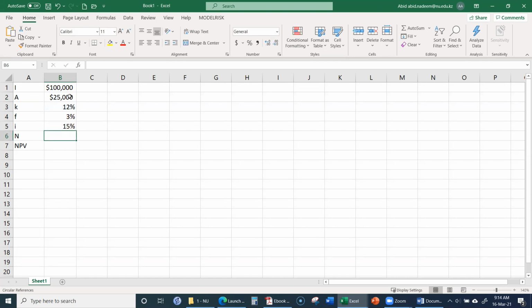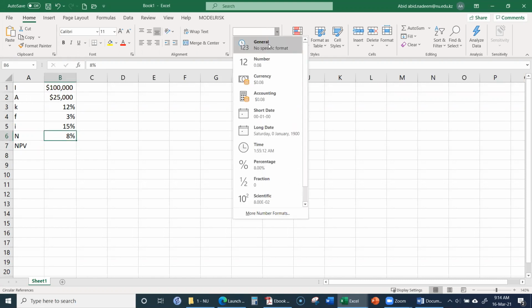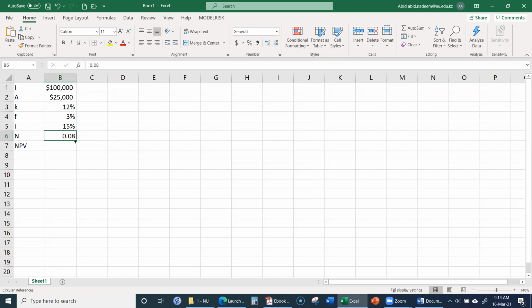It is 15%. N is 8. N is 8. It is not 8%. So I will change it to some value. N is 8. And net present value. So net present value will be equal to the